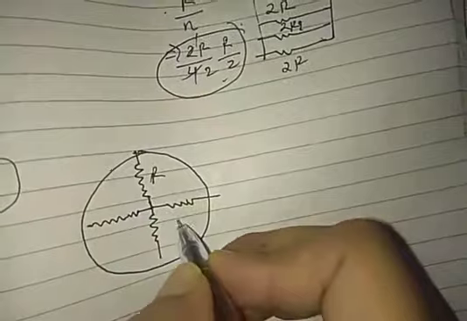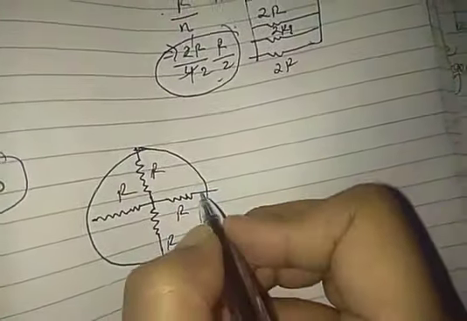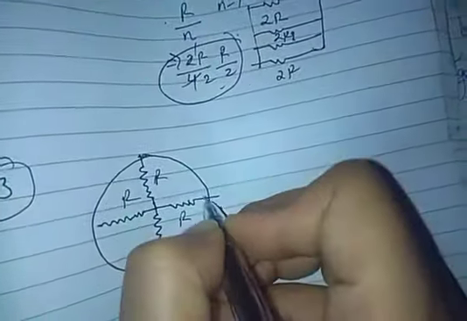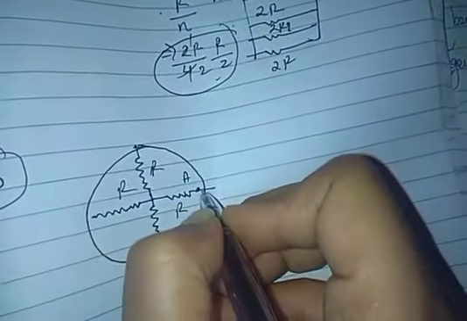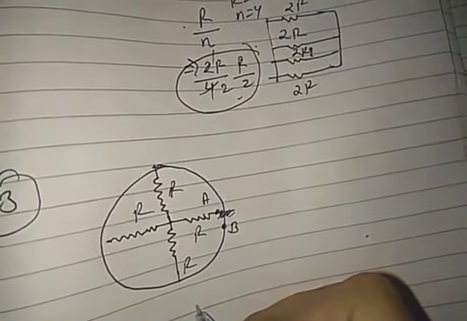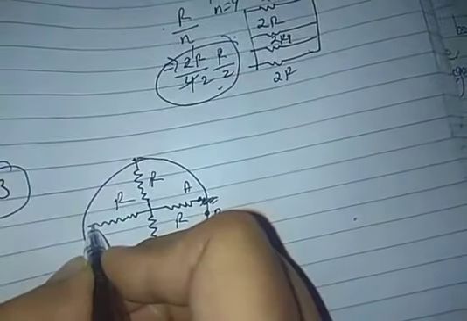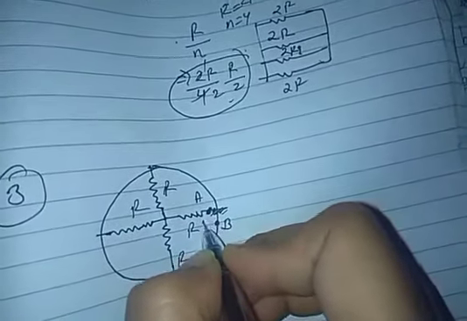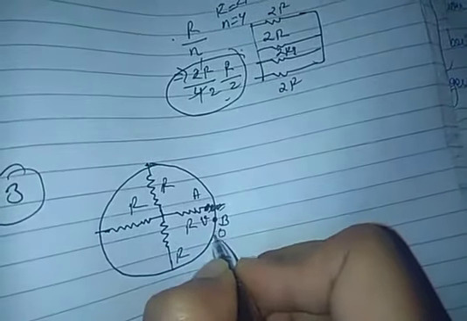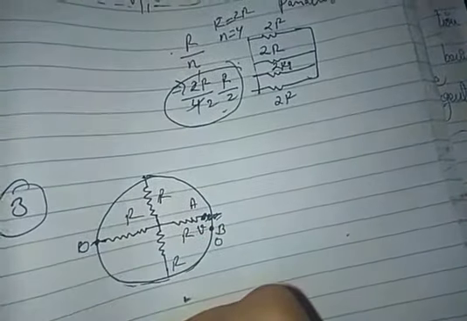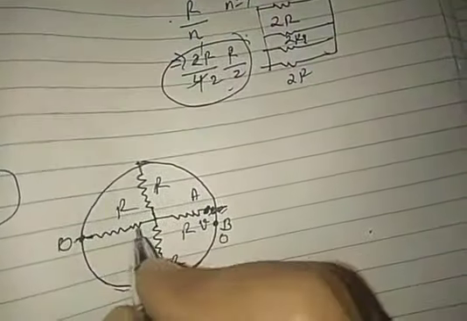So the resistance R and R. Yes. Now this point is regarded as B and this point is regarded as A. And see, it is not joined. This is not joined, okay? So you can see from here the potential, if I am just seeing at this point it is V and at this point it is 0, and if this is wire, then here also it will be 0. Got it?